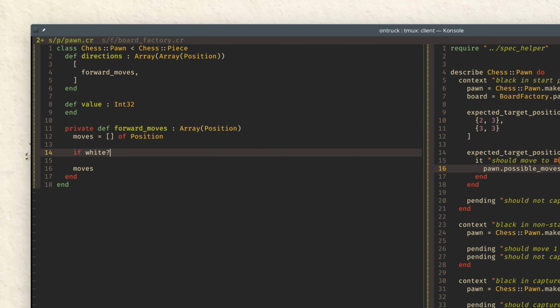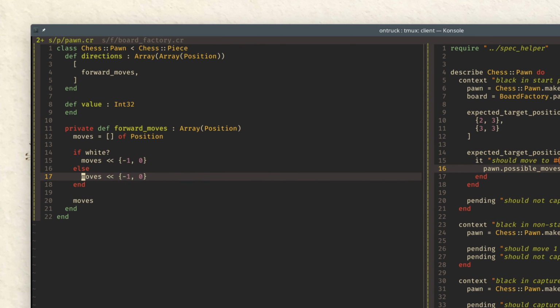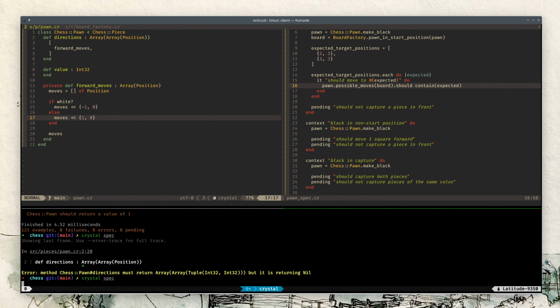And now we have to check the direction of the pawn. If it's white, it is in one direction, and if it's black, it is in another one. So in the case of the whites it is -1 0, and in the case of the blacks 1 0. Let's run the tests,